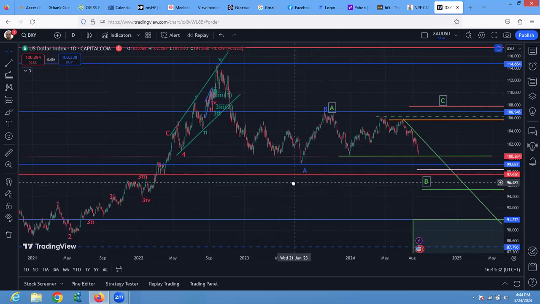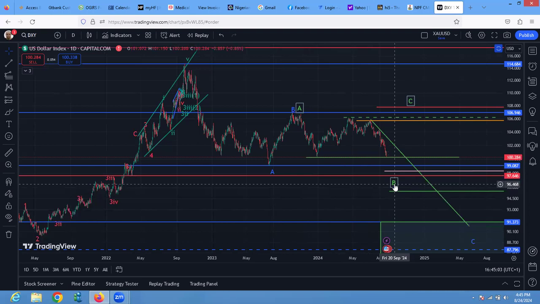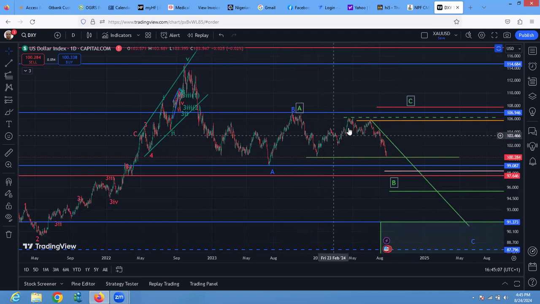What we had expected, if it's going to work like that, this is an A in the blue, B in the blue, and a C here in the blue, which may extend beyond 100 or not. Now, another scenario is that this B wave here that we saw here, we could now potentially see another correction in the middle to make this B wave an A, and what we are seeing here, a triad of A, B, C as a B, which is the usual of what we see with B wave as an A, B, C, like here,